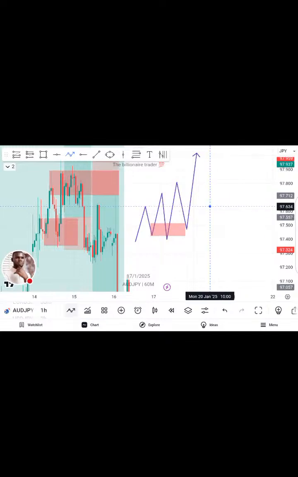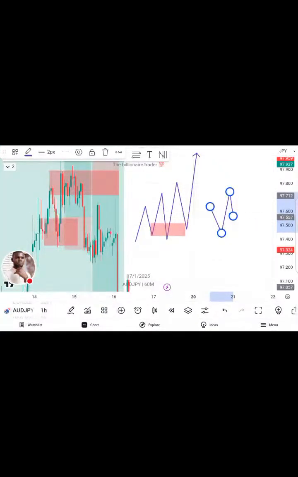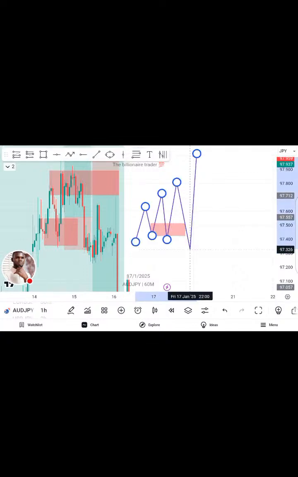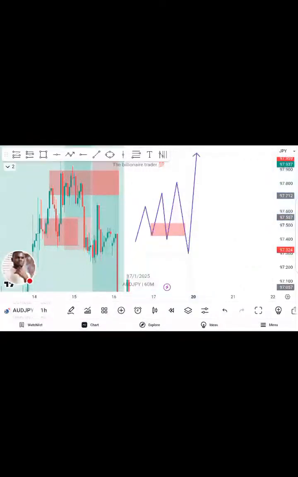We have this break of structure. We have that break of structure. So we have this low being taken out. We have this low, first break of structure, the second break of structure, then that actually automatically tries to come back into the continuation,